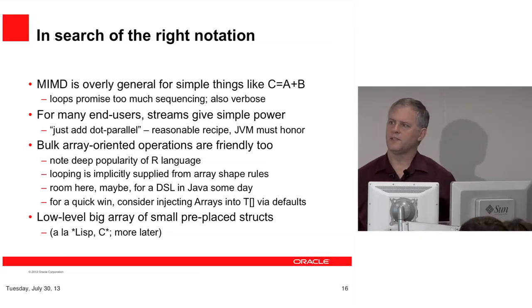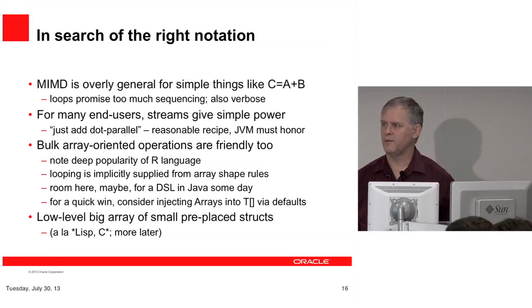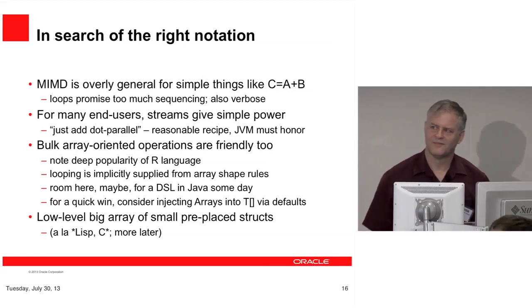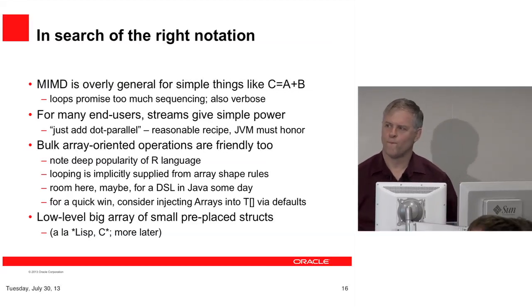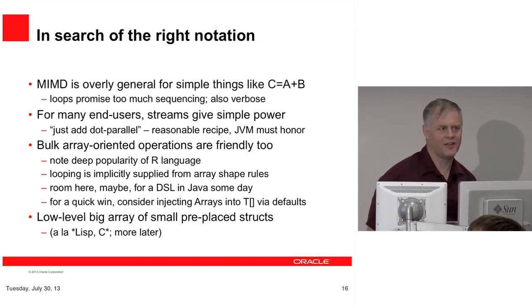For a quick win in this space, I just realized yesterday, Brian, maybe you already realized this, but default methods give a way of injecting methods into array types. Oh. Yeah, that was one of those things that fell off the list of things to actually implement. It was on the wish list from the beginning, and it didn't make the cut. The array classes require VM magic. Yeah, so that needs some prototyping and then some fooling around to find out what the right mix is that doesn't break overloadings right now. Yeah, all that kind of stuff.